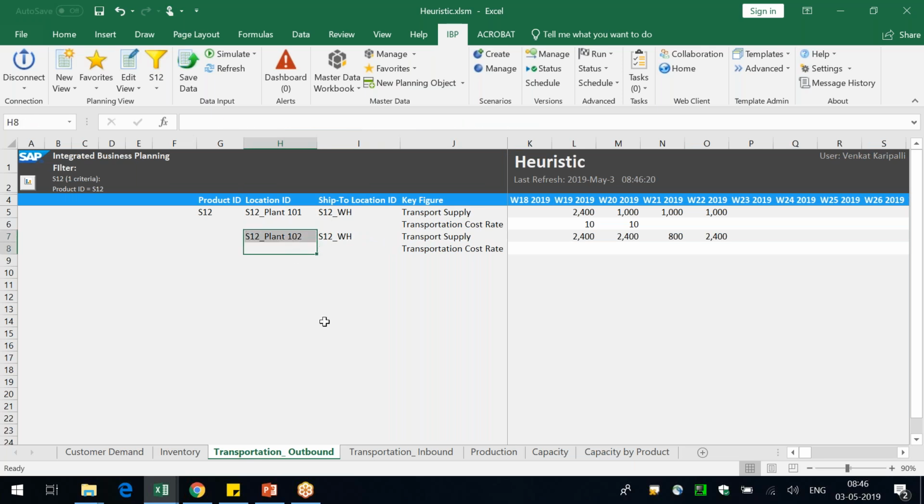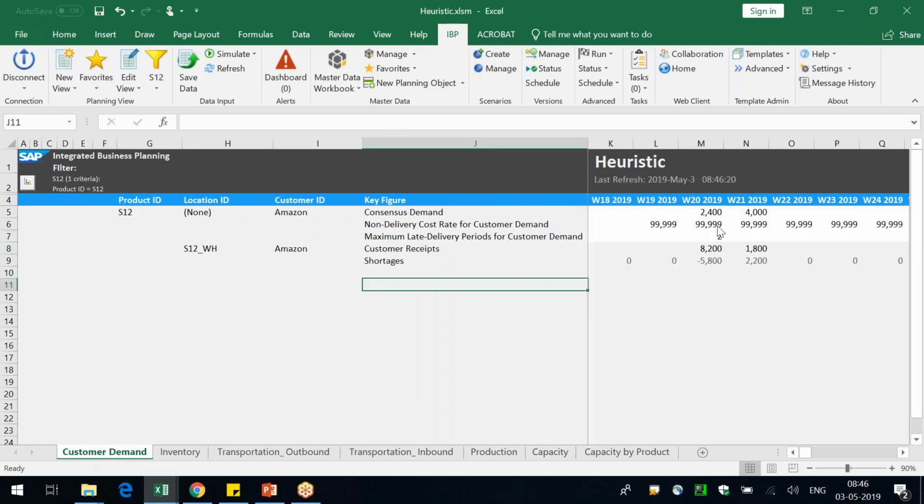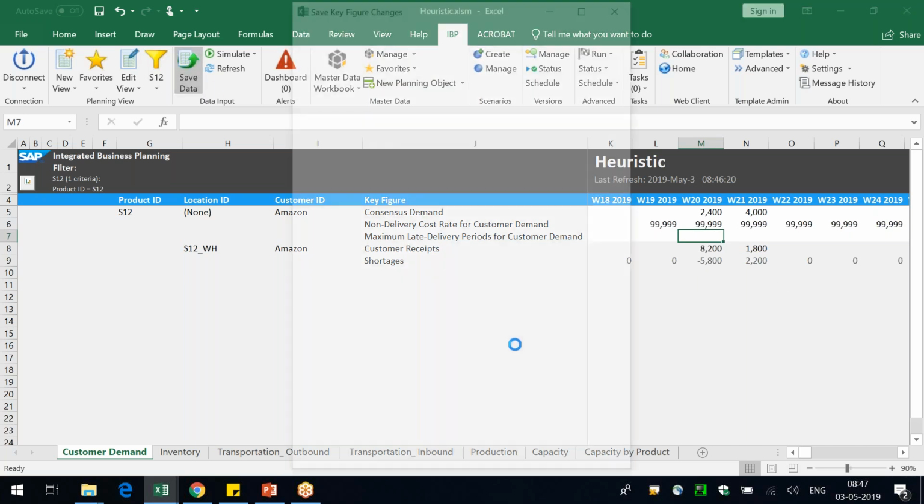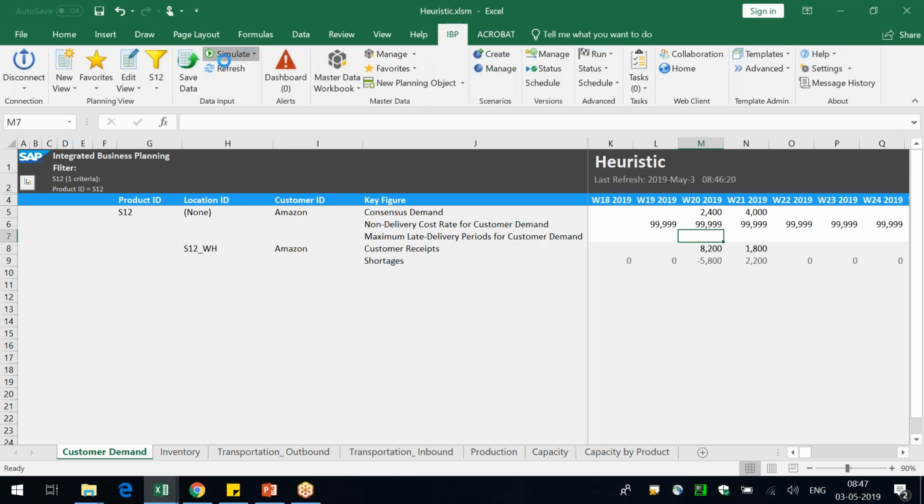It will do the complete production in plant 2. But in the next time bucket, the demand is 4000. That means plant 2 alone cannot meet the demand of 4000, because there is a capacity limitation that it can only do 2400. And what happens to the remaining 1600? I think there is a late delivery, guys. I think this might further complicate things. Let's keep this and see, we'll get some interesting results here.